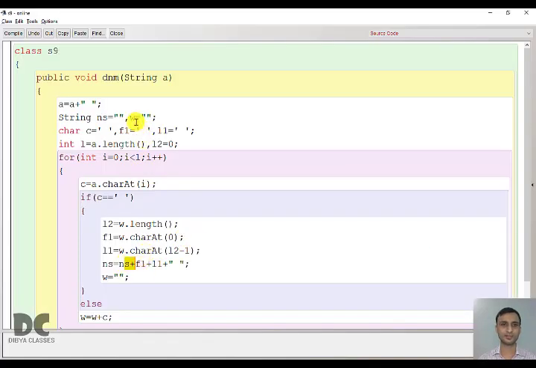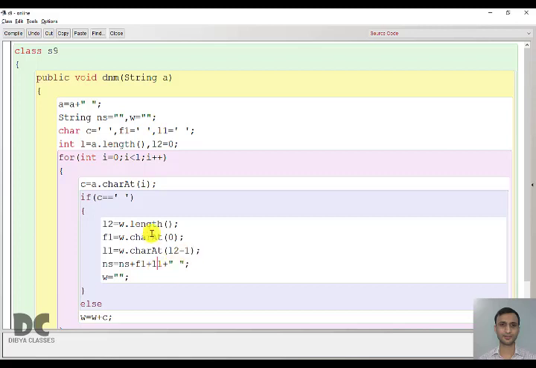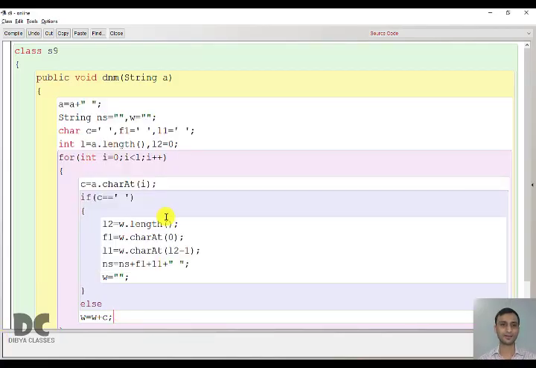Now NS at the starting has nothing, plus F1 means Y, plus L1 that is U, plus space. So now you have YU. Again the next character will be extracted and a new word will be formed. Similarly, now the new word will be are. Find the length again.